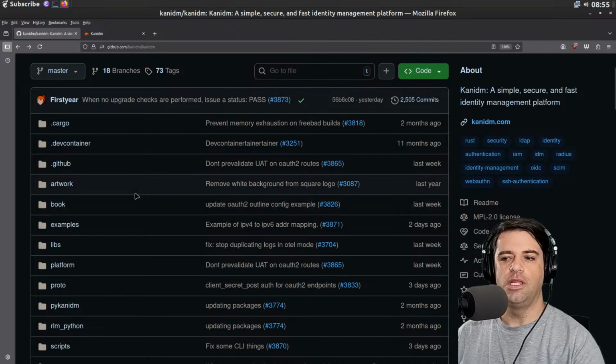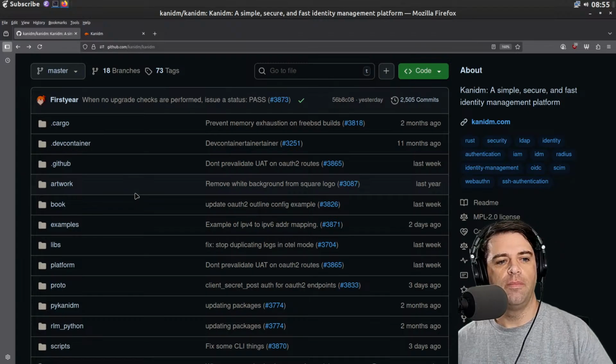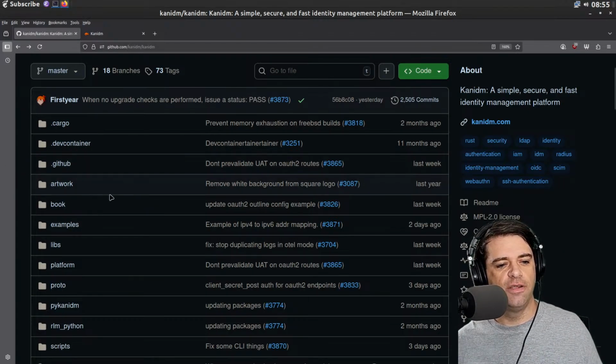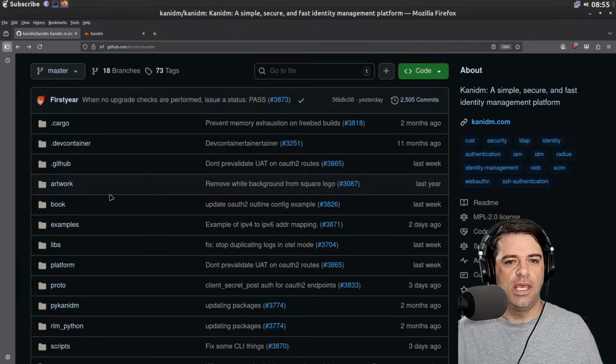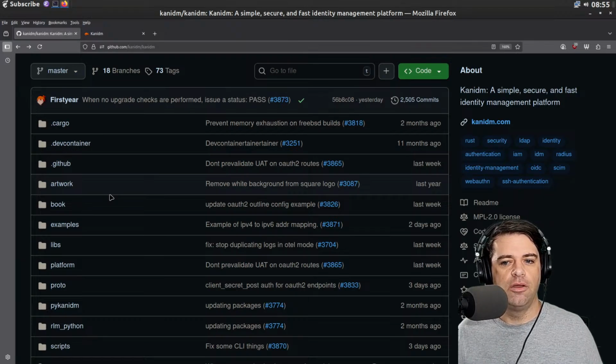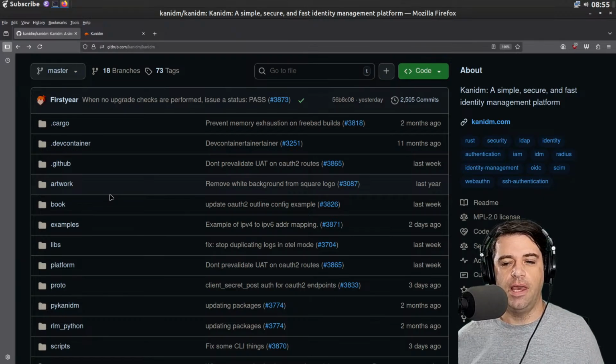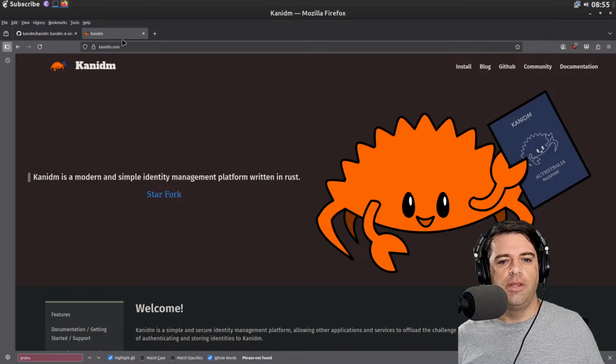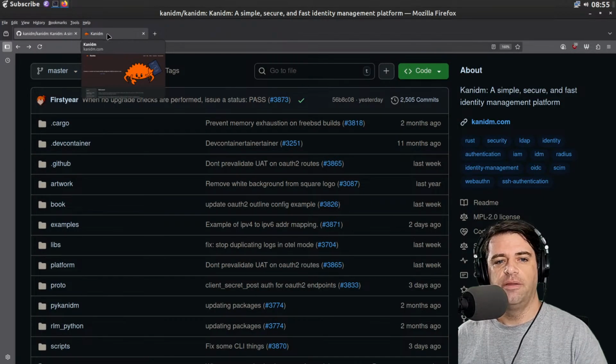And so I found Carnedium as an alternative that was maybe more modern, less like the Active Directory days where everyone's on the same trusted intranet. And maybe I think Carnedium is perhaps a little bit more consistent with a maybe not zero trust, but maybe less trust environment.